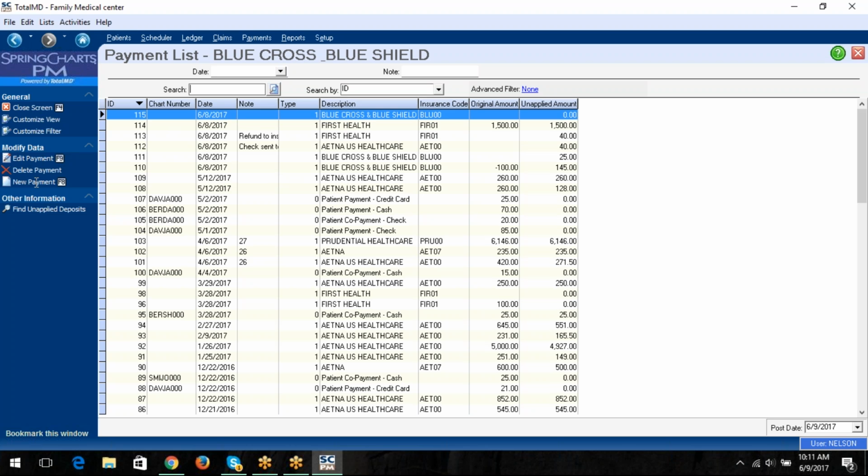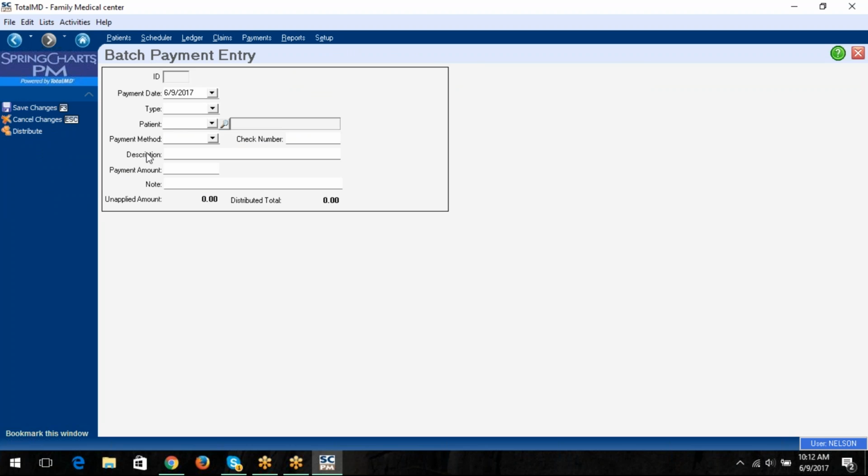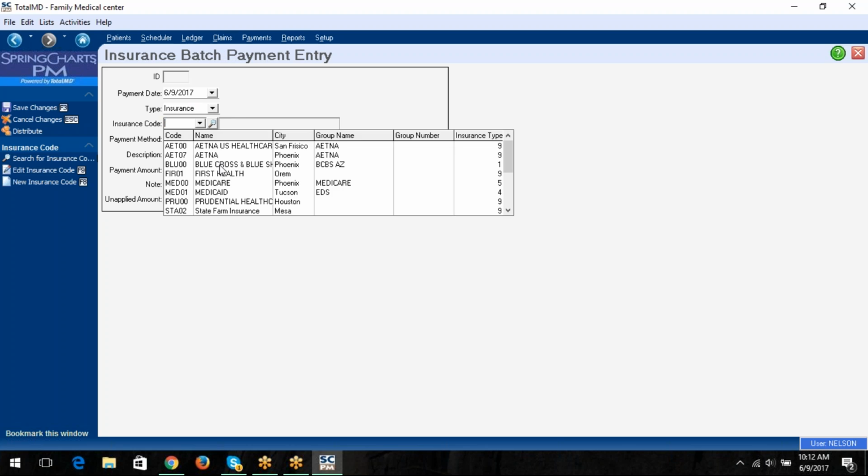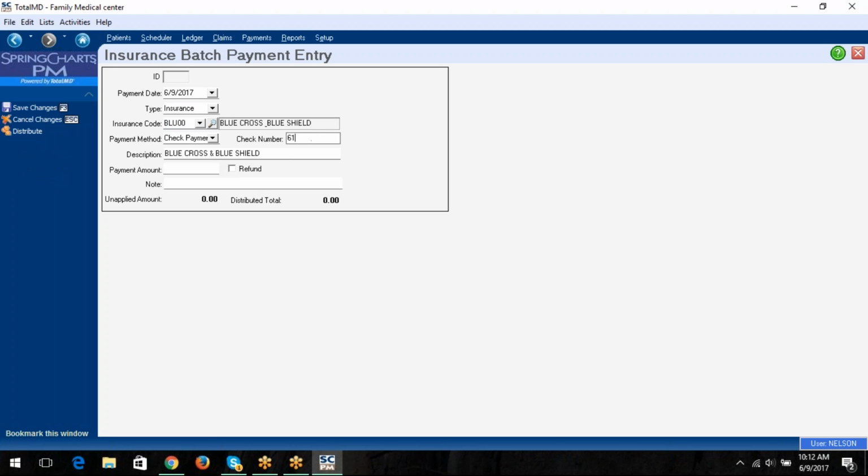But I'm going to do a new payment over here. And when I do new payment, it's going to ask me if I want to do patient or insurance. So we'll do an insurance payment first. What insurance is it from? What's our check number? And then how much is the total payment amount? It's not just for John Doe, or in this case, James Davis. If the check came in and it was for 12 different people, we'll put in the total for all 12 because you're going to distribute the whole entire check all at once. Right. So let's say it was $5,100 or $5,112, and we distribute that,